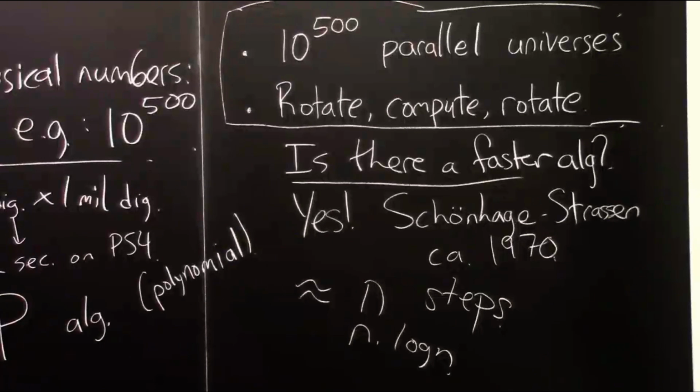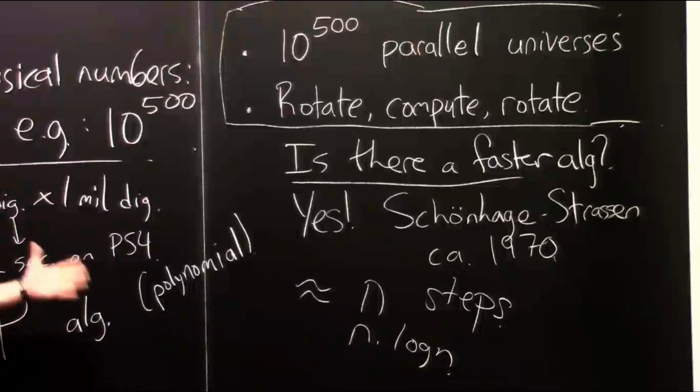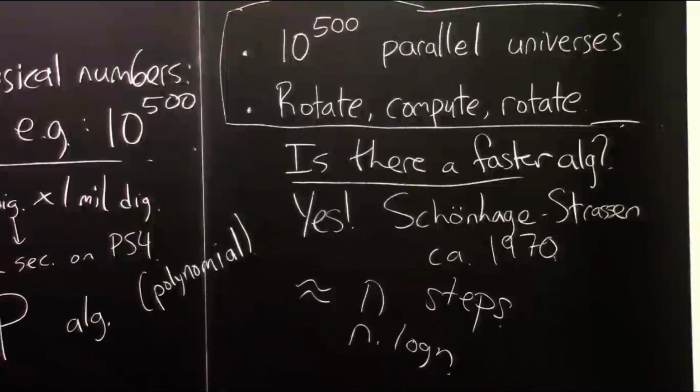This is kind of amazing. It's almost like real time. Just in the amount of time it takes you to process the length of the input, plus a little bit more, maybe another factor of 10 or 20 or 30, you can multiply two numbers, which is great, right? Because now, instead of taking 1 second on a PlayStation, it takes like a millionth of a second. What is that, a microsecond? That's amazing, right? So, you can do this a million times, where before you could only do it 1 time in a second.